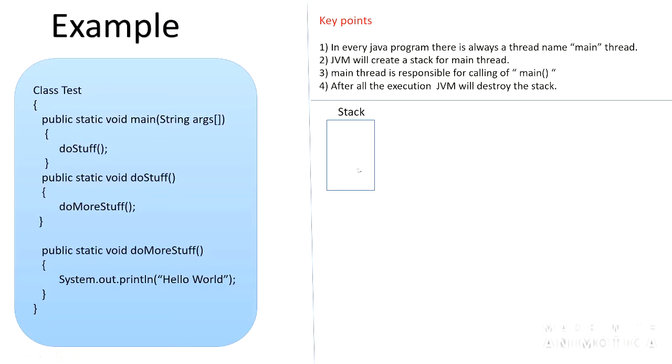Now the main method will be called, and its corresponding entry will be saved in the stack. Now in the main method, another method is called, that is doStuff. So doStuff will be called and its corresponding entry will be saved in the stack.